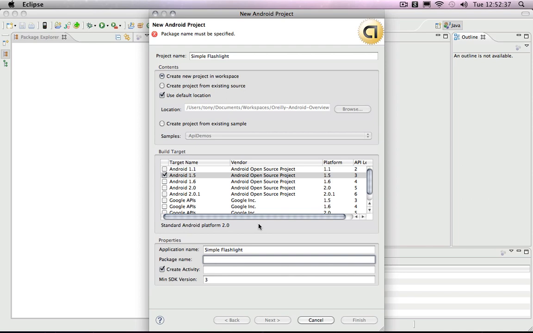So you need to have a unique one. And no, I don't know how to look up and make sure that no one else has taken the same package name as you, but just keep it to the standard domain name, or reverse domain name, and you should probably be okay. But it is a unique identifier for your application, so also try to think ahead: if you're going to be creating more than one application, then you need to make it unique among those applications as well. So I'm going to use the com.O'Reilly